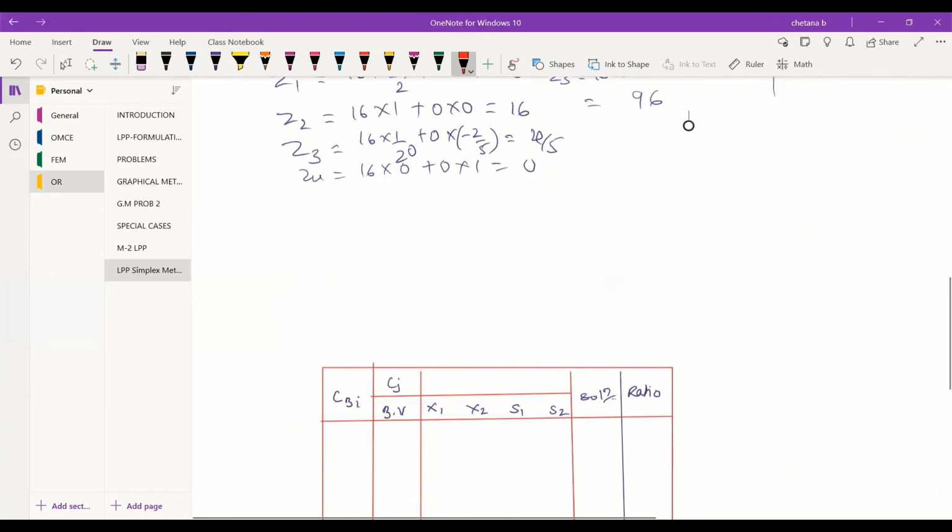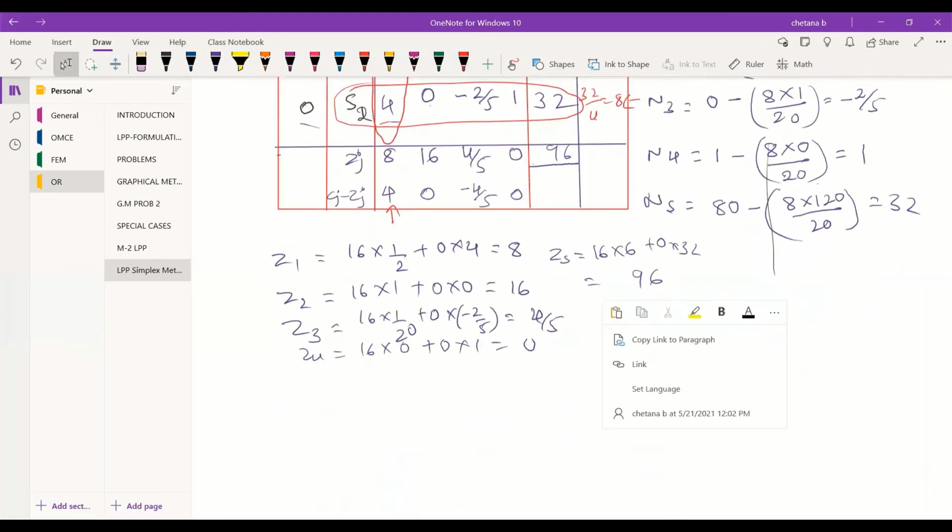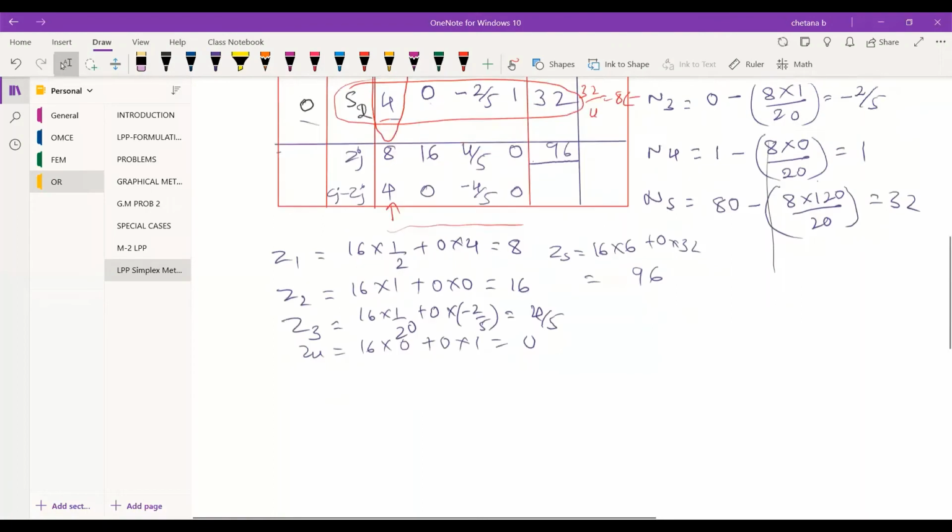Ma'am, how many times should we do this? I'll tell you: till you get all these values negative or 0. Is there any possibility that it doesn't come down like that? No, it will come. Maybe by the 4th iteration. Maximum 4th iteration if you have 2 decision variables. If you have 3, then it may go up to 5 iterations. So it will take time. This is a 20 marks question. Yes, one full question you will get. Okay, now coming quickly to the third part.